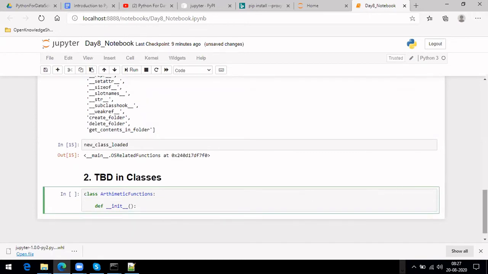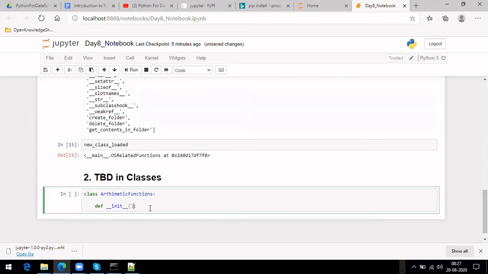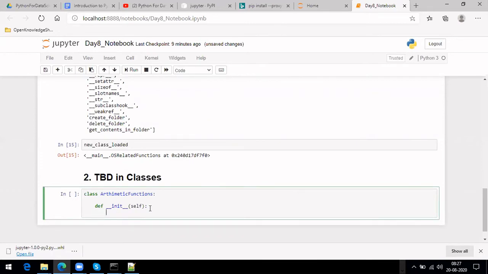Here we will be calling these methods instead of functions, like when we use dot and something, we call it a method. So we need to have an init method, which will execute immediately once you call your class.